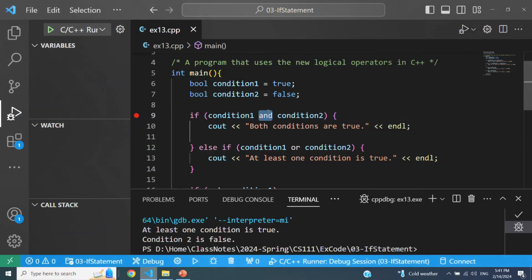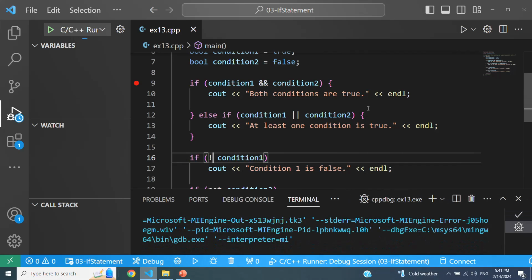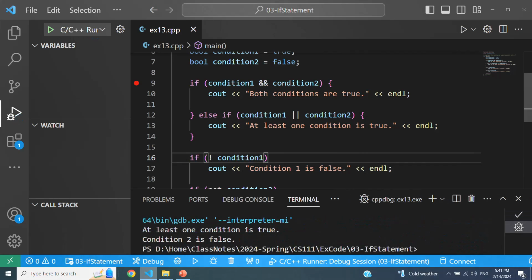Again, it's up to you which one you use. So you could use either ampersand to mean logical and, bar to mean logical or, and exclamation mark to mean logical not. Let me just execute this so that it's going to also compile and run. It's all up to you which one you use. So before C++11, these were the only logical operator symbols that you could use.